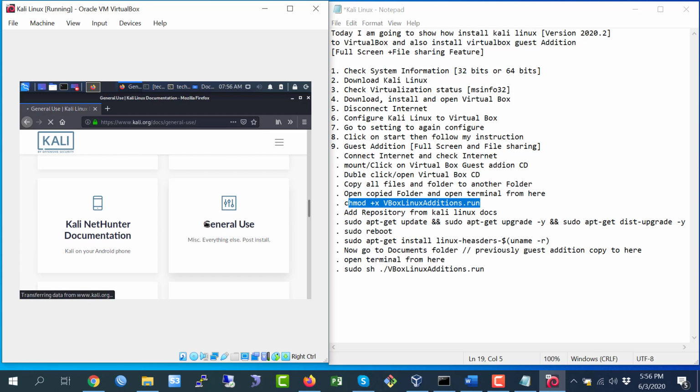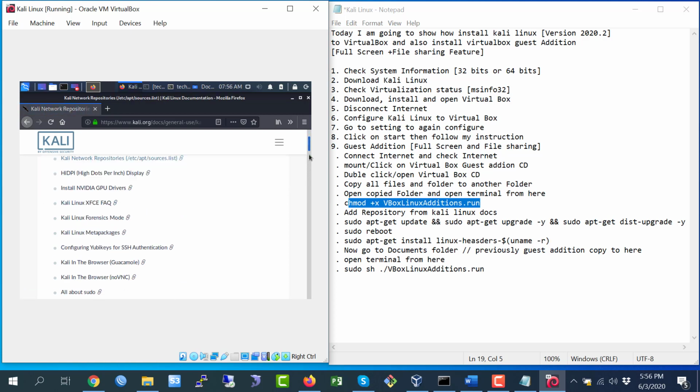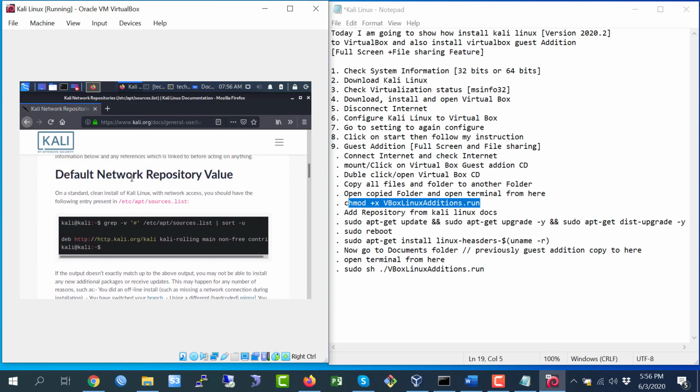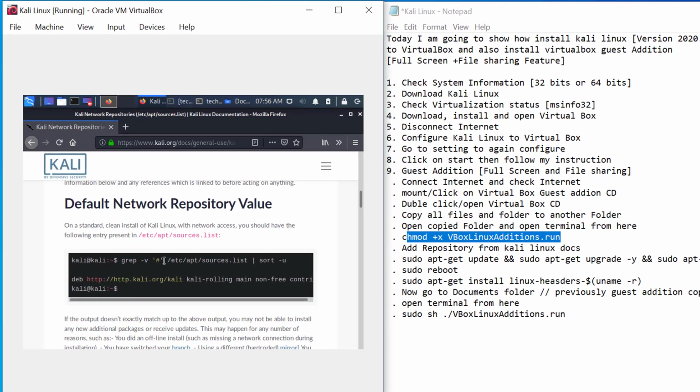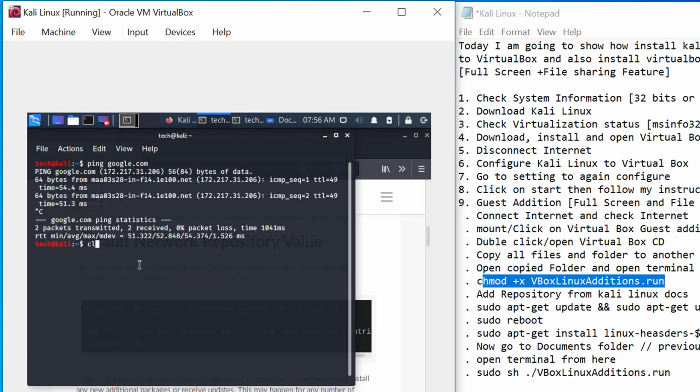I am going to general use and Kali network repositories. Click on the network repositories option and you see here this is the repository. I copy this one. Before copying, I am going to /etc/apt/sources.list. I am going to this one.